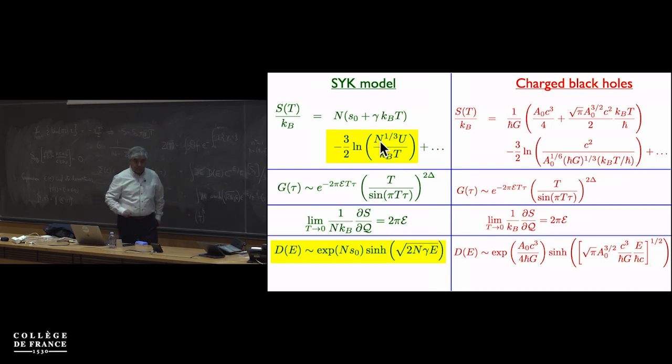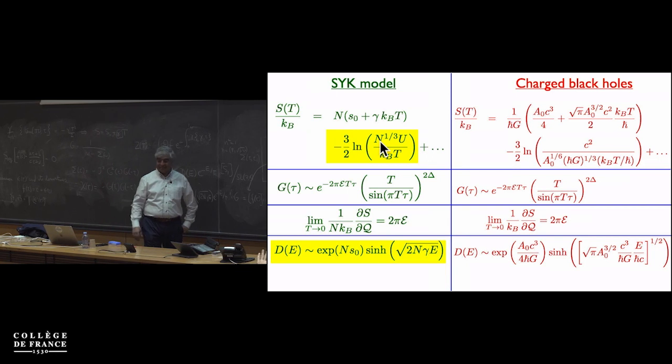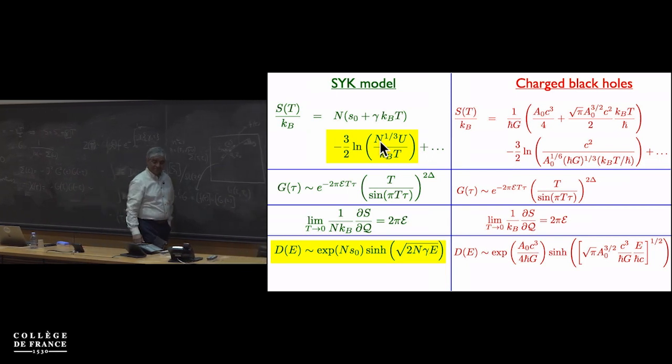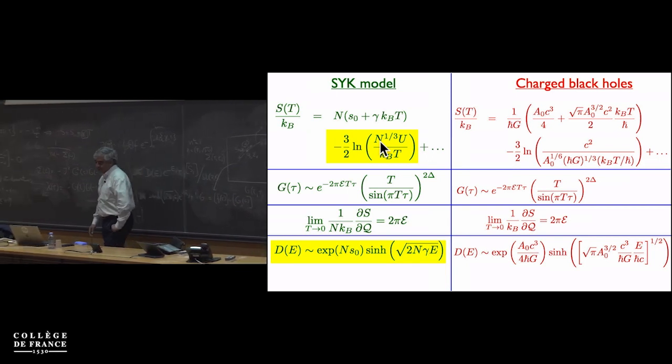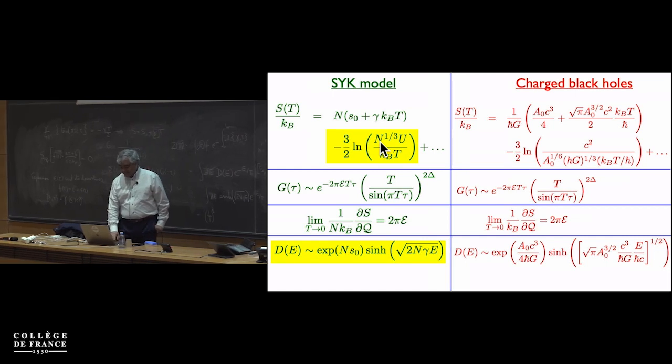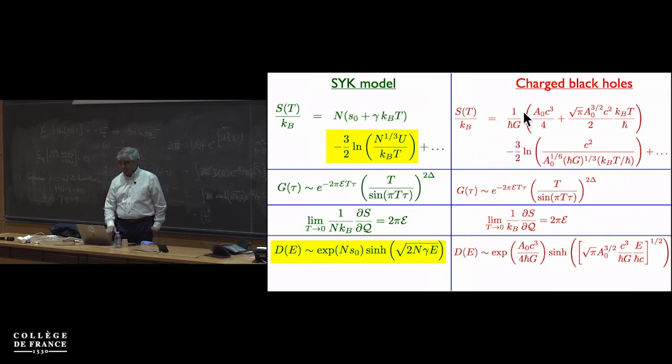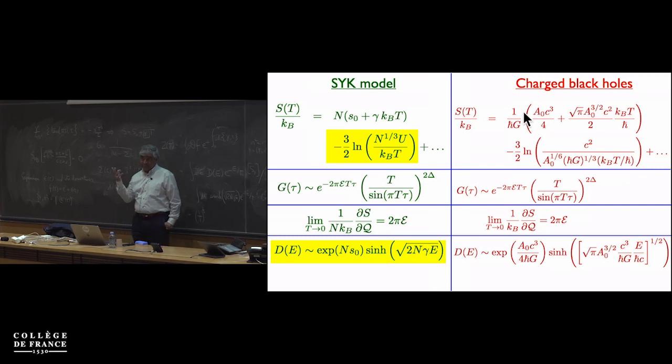If I look at the right column. Yes, that's my next topic. Yes, go on. All right. So now we're going to look at the right column. And here, unlike the SYK model, we can actually get, starting from Einstein gravity, the exact value of gamma and the exact coefficient of gamma. We can just work it out because